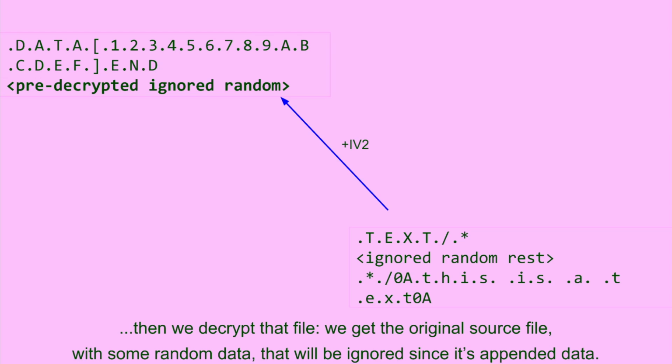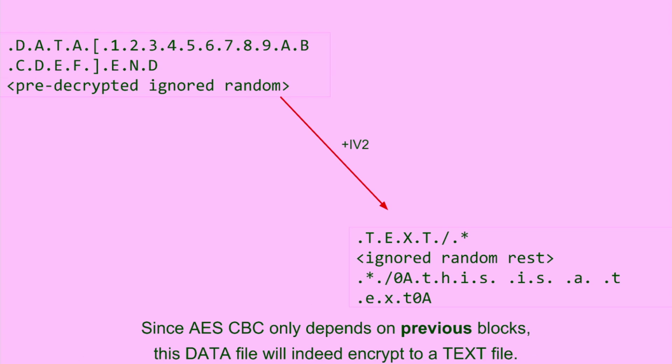So that's basically the trick of what was called encryption, and that's what I used in different ways with PDF, Flash videos in the introduction. So now, because AES CBC only works on what comes from the previous block, this will indeed encrypt correctly as what we wanted. So now we can encrypt this file with AES into this file because we control the initialization vector.